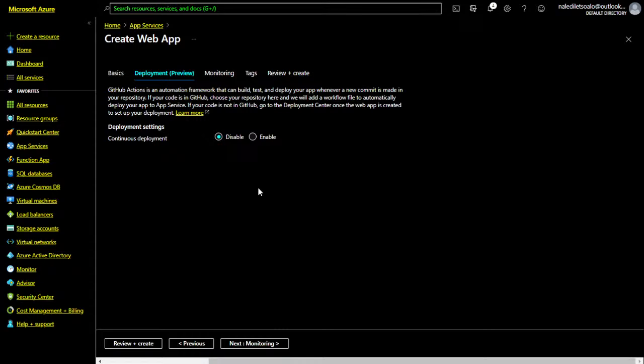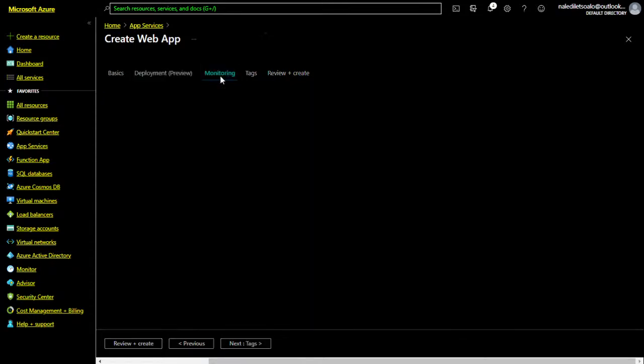So that is Git. In this instance, I'm literally just going to be creating the site once off. I'm not going to do that many other changes. So I don't necessarily need continuous deployment because I won't be making continuous changes outside of this environment, right? So I'm going to disable that one for now. And then I'm going to go into monitoring.